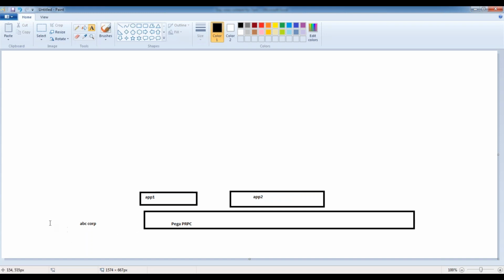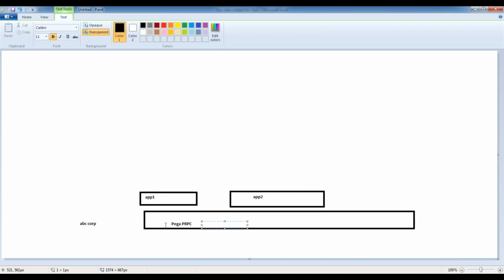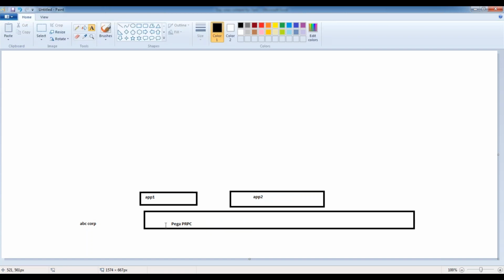Now, for ABC Corporation, some rules will be applicable for the entire organization. Let's take a scenario like organization logos. Organization logos will be common across the entire organization. You may create 10 applications, no matter. The rules will be common. The logo is the same, the logging mechanism may be the same, the customer details may be the same. There may be a lot of commonality across the organization, across organizational applications.